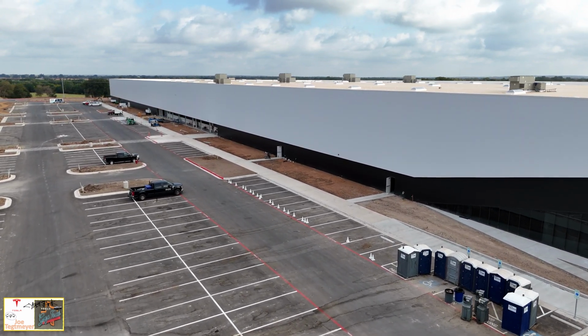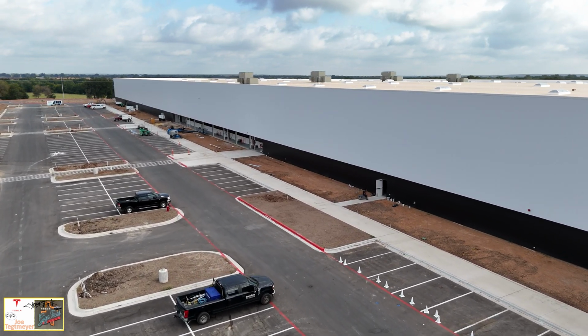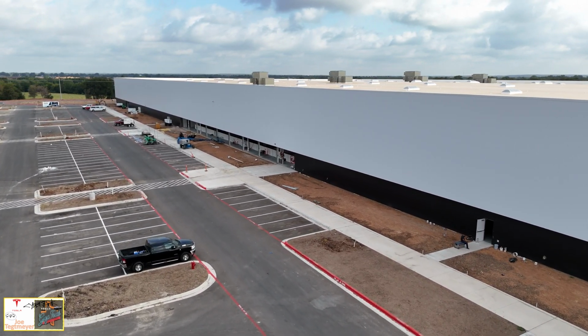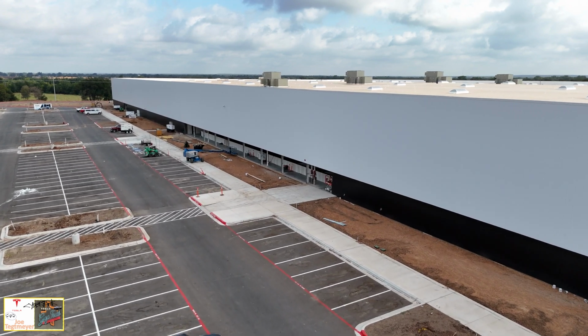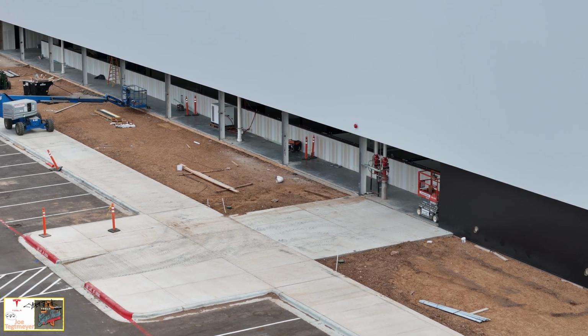Now we've got down to a lower altitude. I'm flying along this parking lot. Fortunately, there are no light poles in the way, so I'll bring the drone down a little bit lower. I'll zoom in, and this gives you a good look at this work that is being done where they've opened